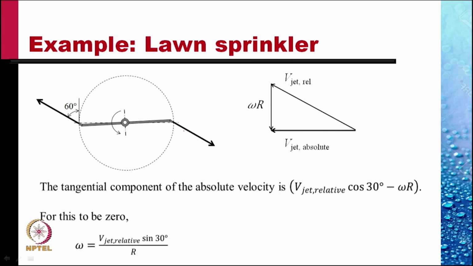So, we know the V jet velocity relative, at what rate it is coming out. That we can determine by applying the Bernoulli equation from the pressure at which the water is being supplied to the sprinkler. We can calculate the relative velocity of the jet, and then we can find out what would be the rate of rotation of the sprinkler